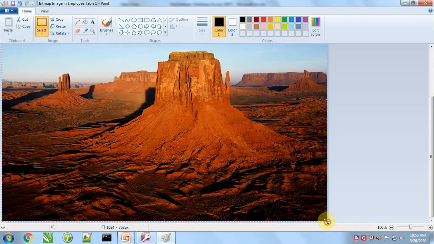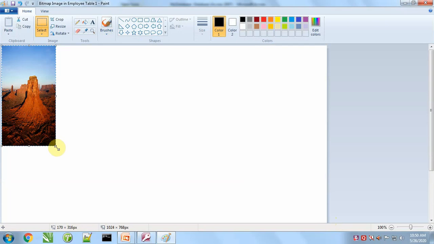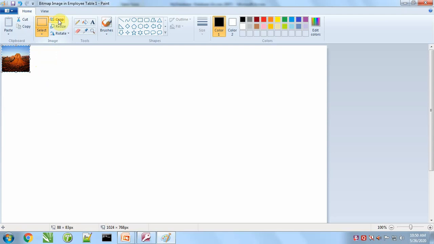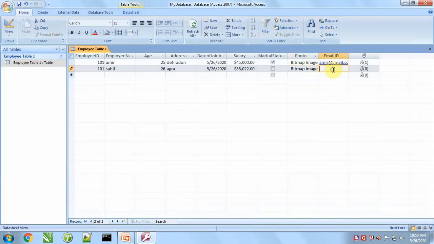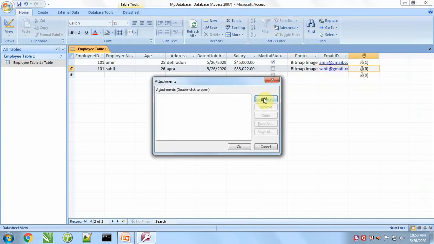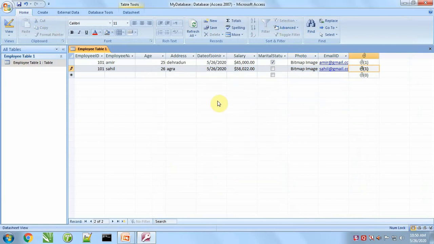In paste from we will resize it, and after resizing press on this crop, and after that cross this. For attachment double click, add. So like this we can create a table and fill data in it.